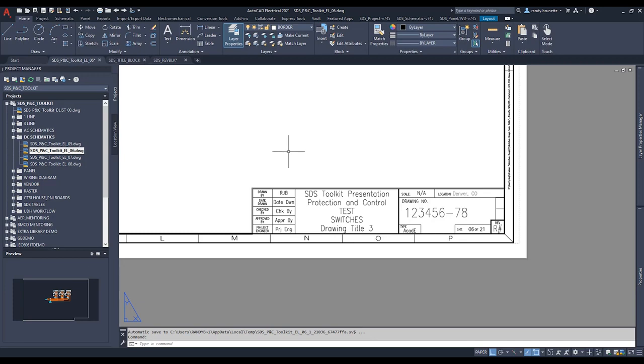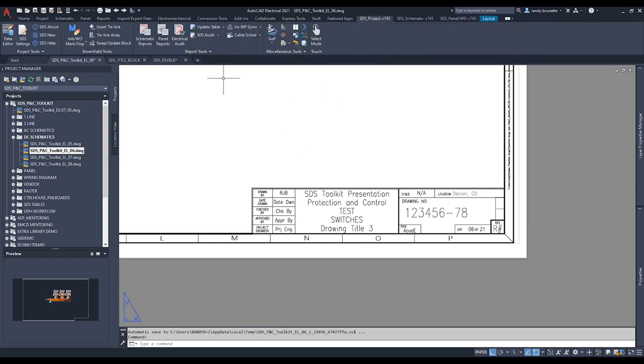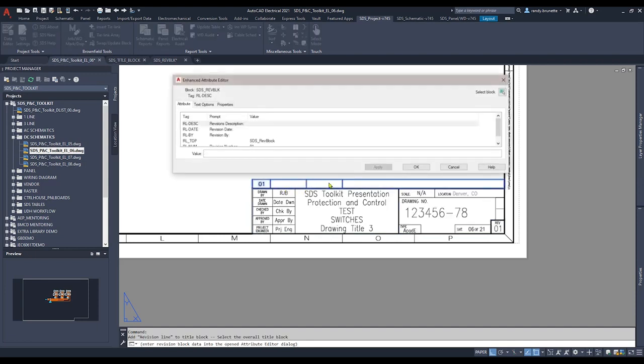The tool itself is located in the SDS Projects tab on the Report Tool flyout, and you'll find the Revline tool. Selecting the tool prompts you to select the title block itself, and the revline will be automatically inserted at the predefined location. The Enhanced Attribute Editor dialog box is displayed, enabling you to fill out the manually entered values